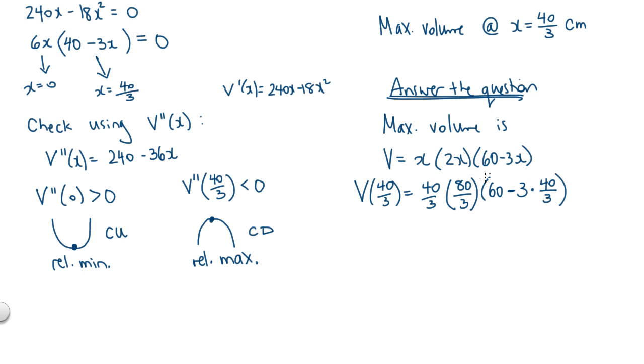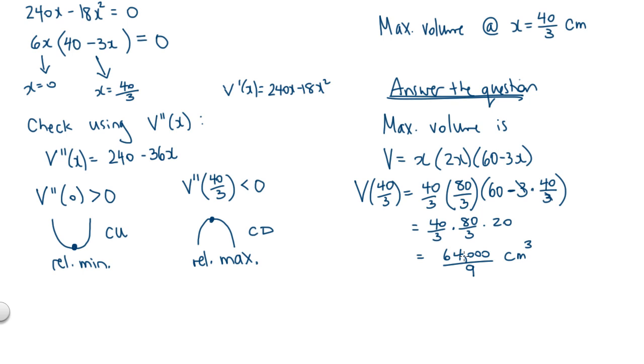All right, so with a little bit of simplifying here, the 3's in that term there are going to cancel, so it's looking like 40/3 times 80/3 times 20. We can do this on the calculator if you like. You get 64,000 divided by 9, and because we're talking about volume, that'd be cubic centimeters. So the maximum volume of the box, biggest possible volume that we could come up with, is 64,000 centimeters cubed. Okay, in other variations of the question, it might say, what is the width of the largest